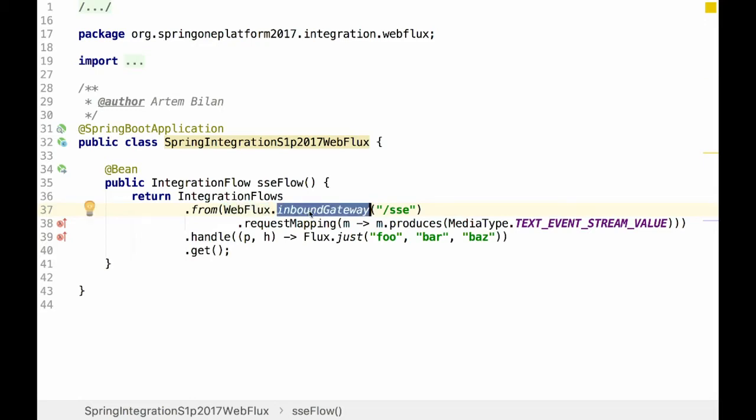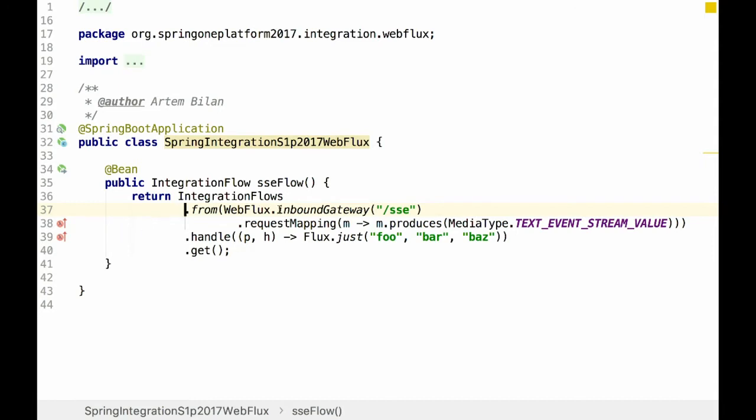Spring Integration converts this inbound gateway to a WebFlux endpoint, and the rest of the hard work is done by auto configuration from Spring Boot for WebFlux. This simple sample shows how easy it is to implement server-side event pushing to the client.